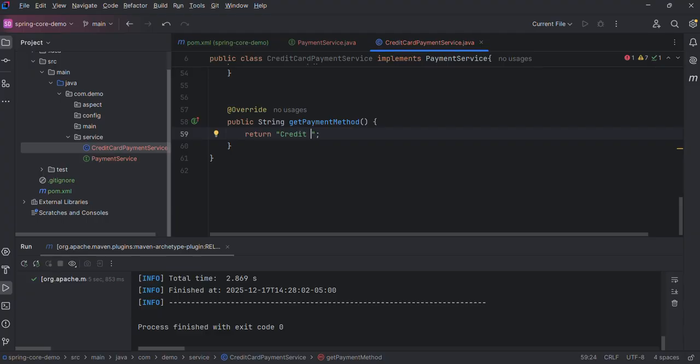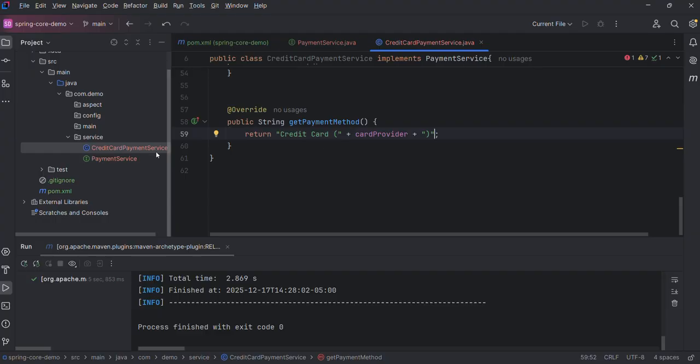Credit card provider and closing bracket. That's it. Okay. So this is the implementation; we are not writing any business logic,